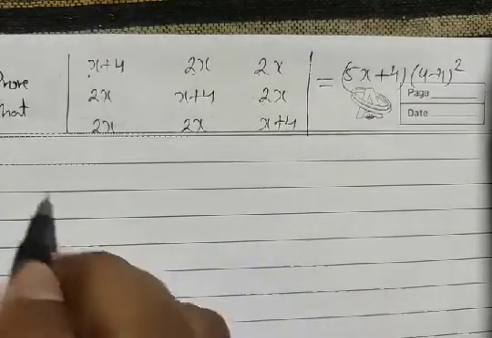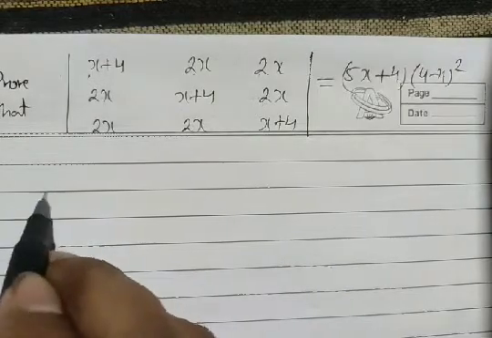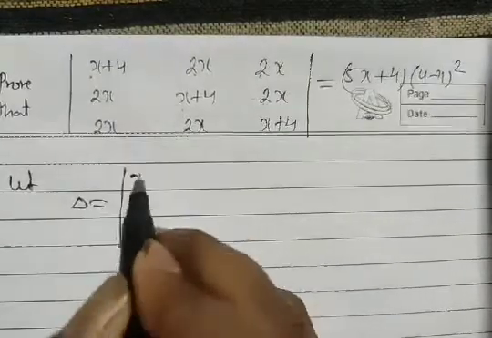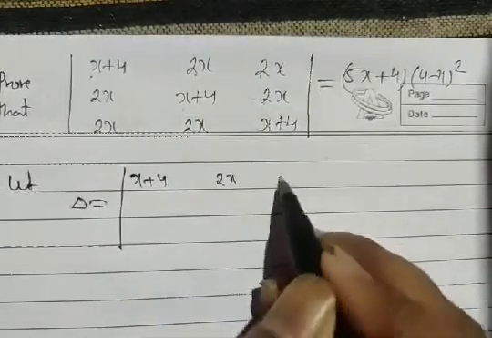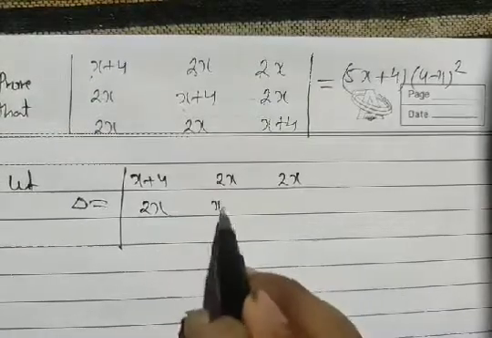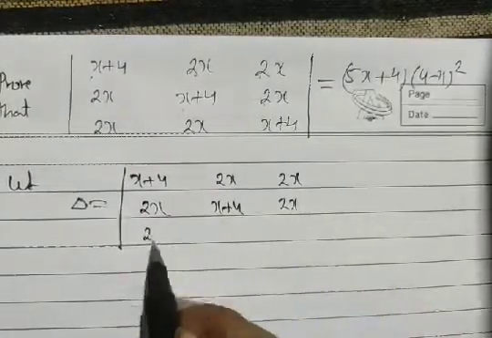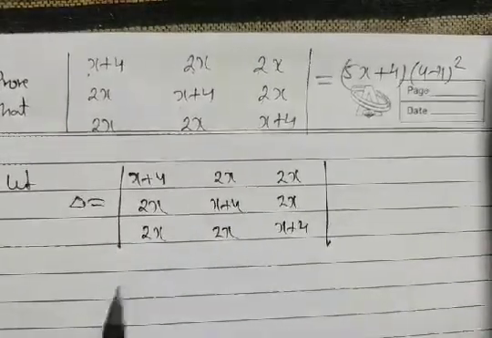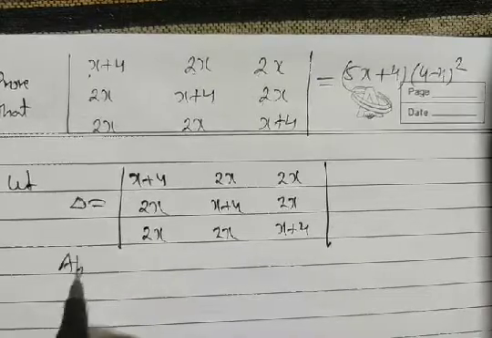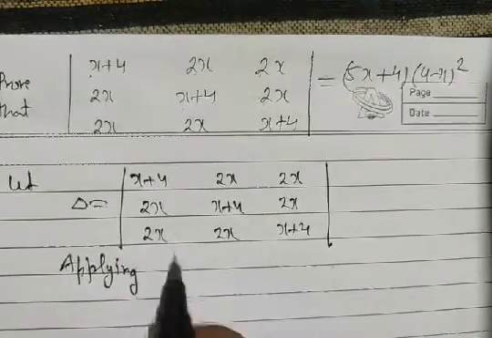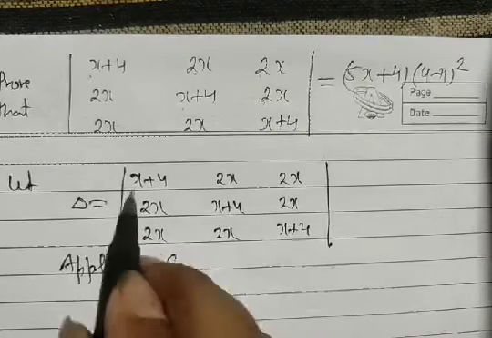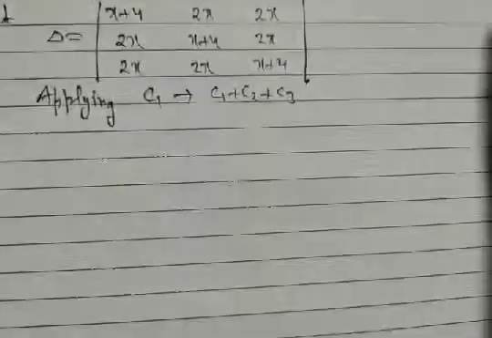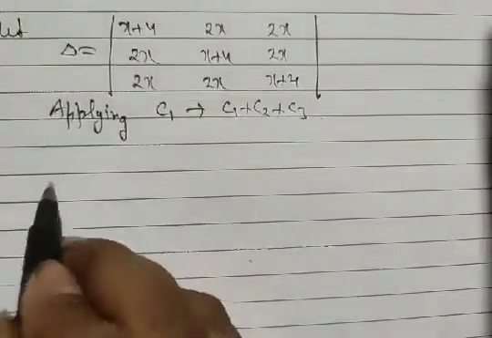Then our first step is, first of all, we have to mention: let its value be del. Write down first the question: x plus 4, 2x, 2x; 2x, x plus 4, 2x; 2x, 2x and x plus 4. Then our first step, as I have already discussed, is to apply C1 changes to C1 plus C2 plus C3. We are going to change C1. Now delta is equal to,